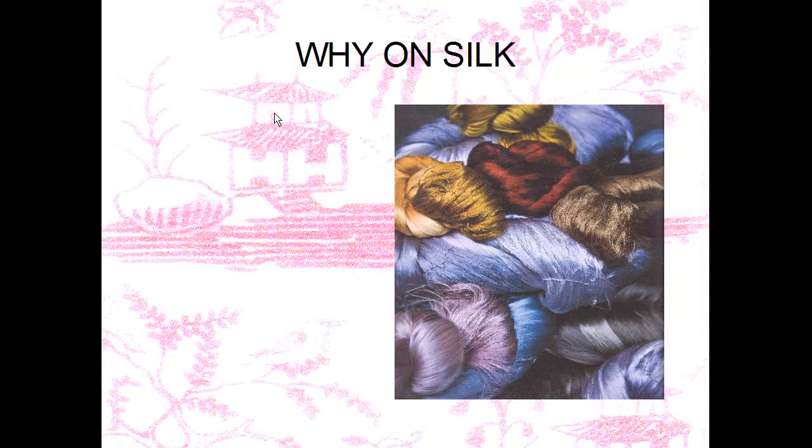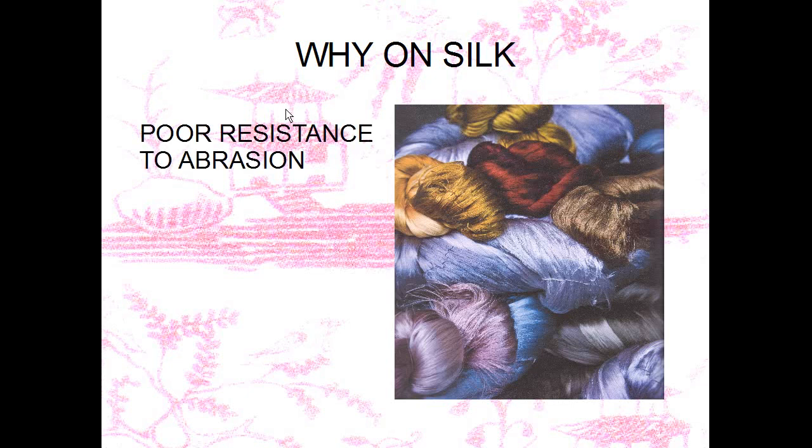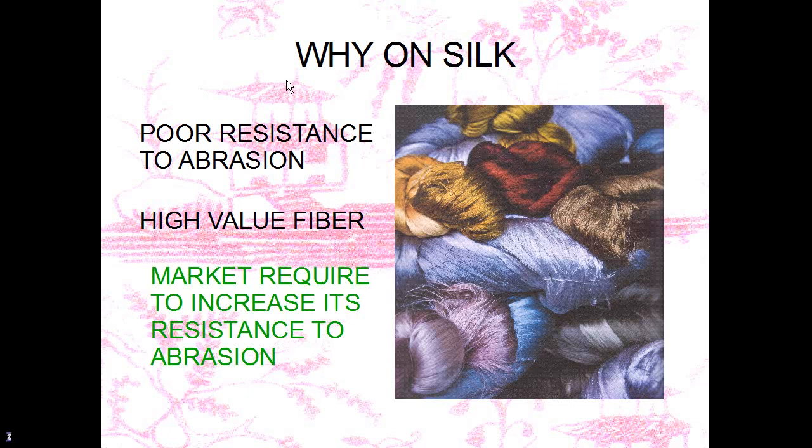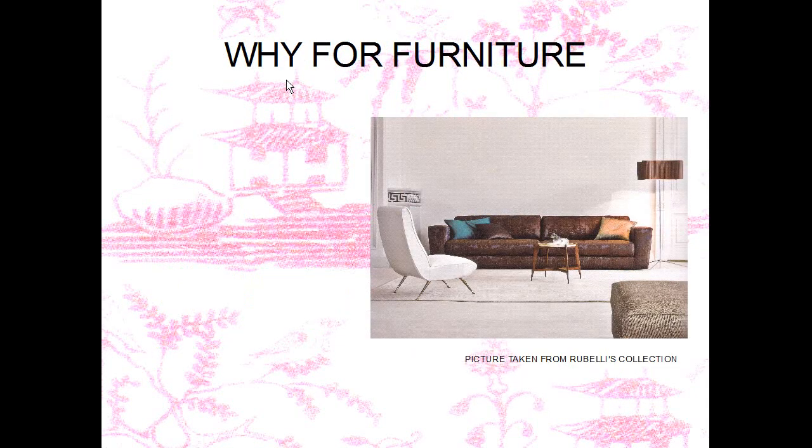Why? Because silk is a very interesting fiber, and silk is nice, but has a poor resistance to abrasion. It's nice, it's very expensive. Market wishes to have an abrasion resistant silk, mainly for furniture, because